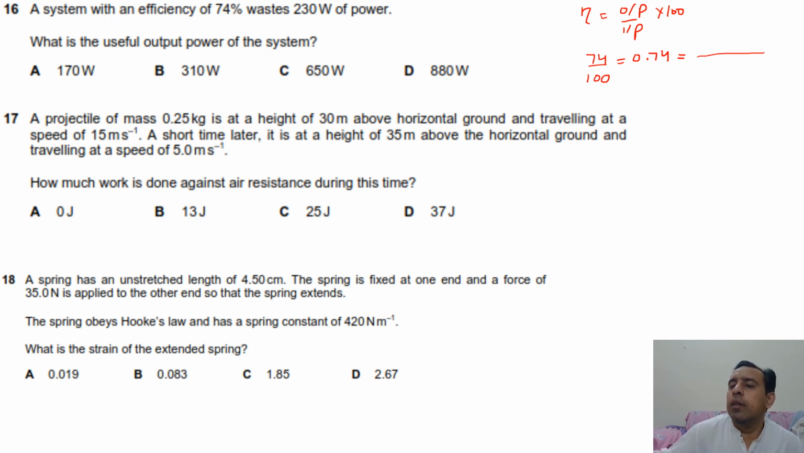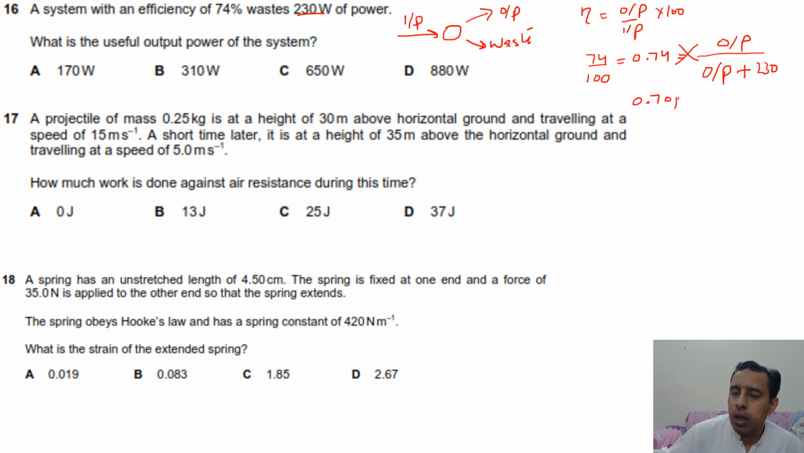The input is actually going to convert into the output and some waste. For example, if we give some input to a system, there is some output and some waste. So if we add the output and the waste, we can get the input. Here the output is not known, and we add the waste here, and the waste is 230. So by cross multiplying,